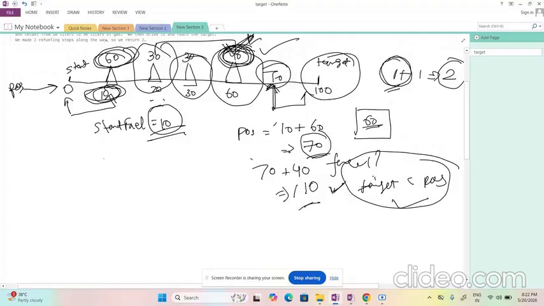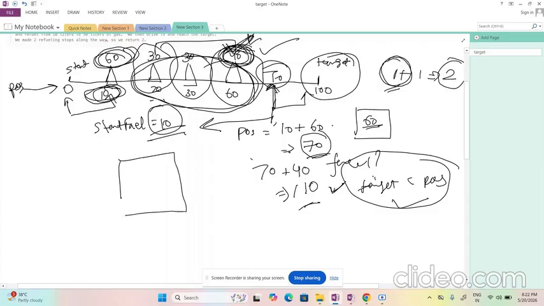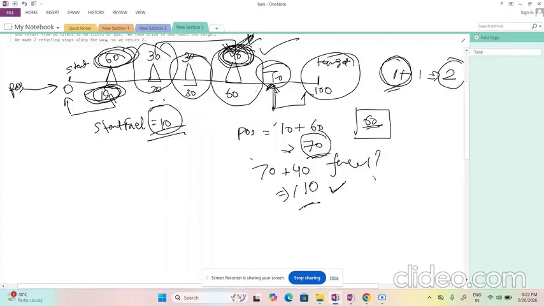Now what can we think? If we have reached here, do we need to go back somewhere and pick out whichever fuels we have not taken? We have to pick those. So can we think along the lines that we store these fuels in increasing order? Pardon me for this mess.